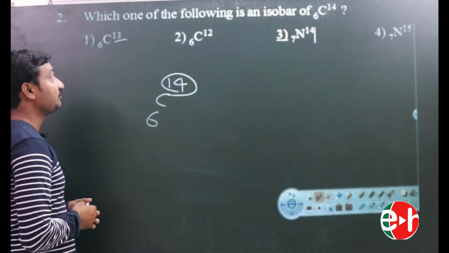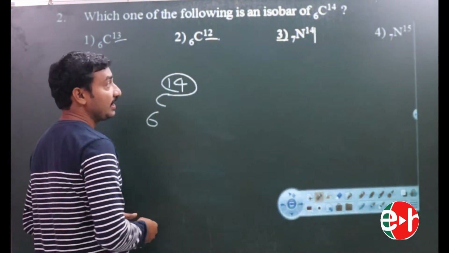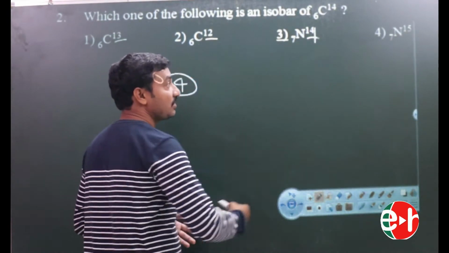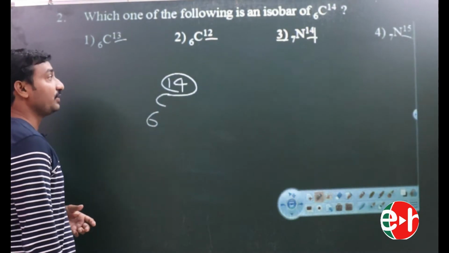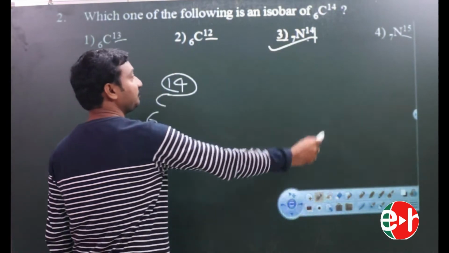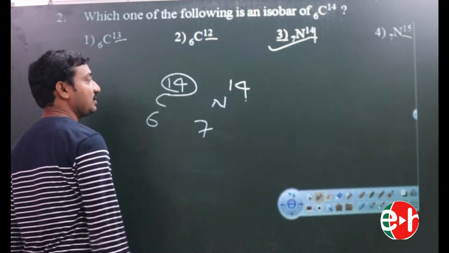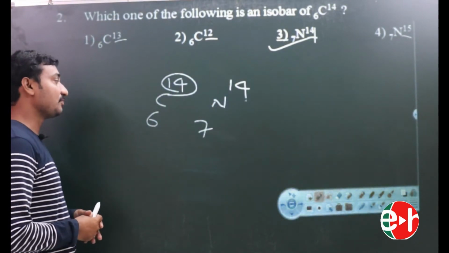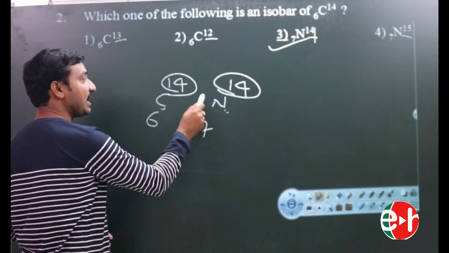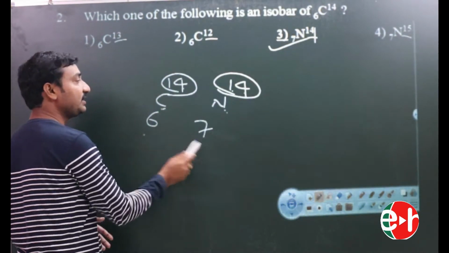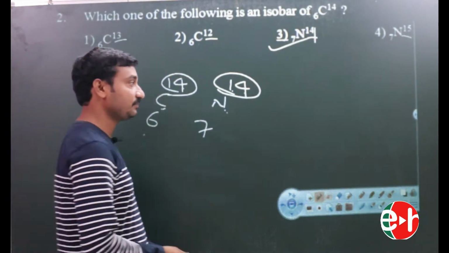Here mass number 13, so not possible to be an isobar. Mass number 12. Here mass number 14. Here mass number 15. So in which option is mass number equal to 14? The third option. Hence nitrogen 7, 14 and carbon 6, 14 are isobars, atoms of different elements having same mass number but different atomic number. Hence the third one is the right answer. Okay now? Next,